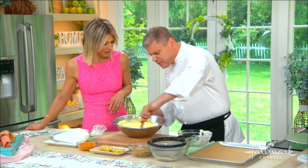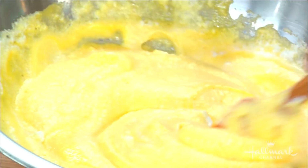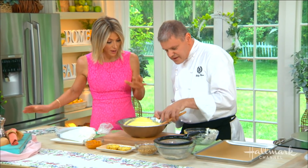But I bet you could switch it up for all kinds of different things, right? We could. You know, we could do lemon. We've done raspberry compote with basil ice cream, which is kind of neat. That's a fun one. You could change the compote, you can change the ice creams, you could flavor the meringues. All right, so now that we've folded in the egg whites and the egg yolks,